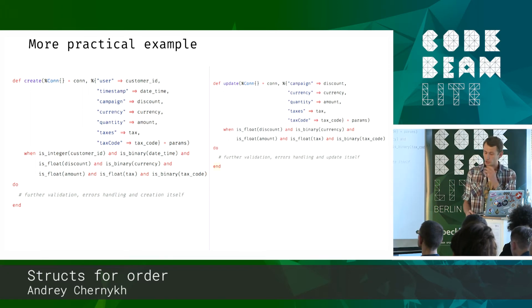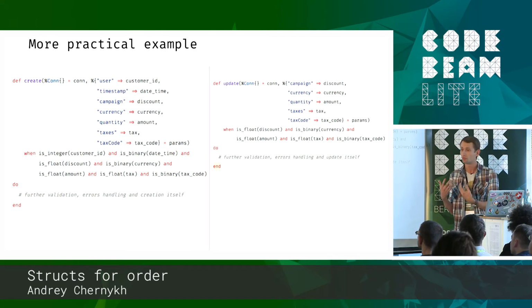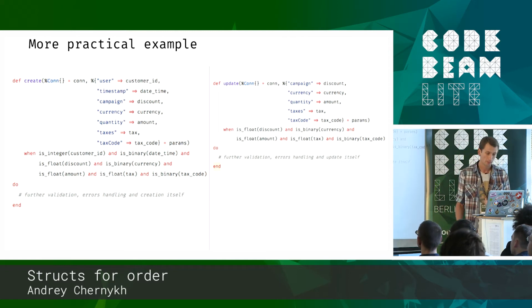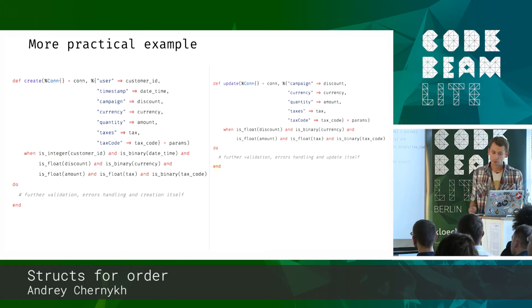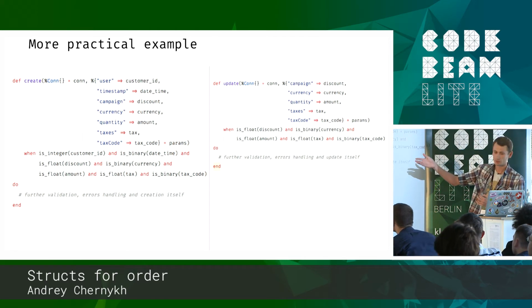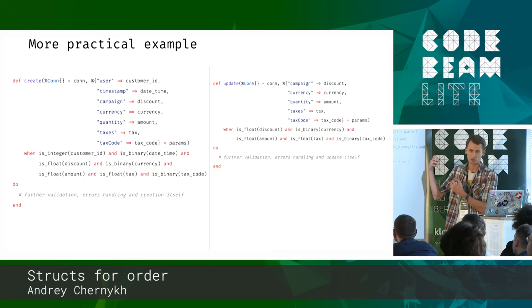Consider those two actions in a controller. Let's say our system should create or update some invoices. Now here we can see create and update actions, which are pretty common. We can see such code every day. In order to create or update an invoice, we expect a number of parameters which came to those actions as maps.